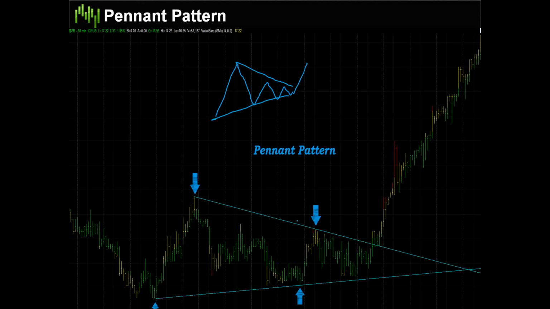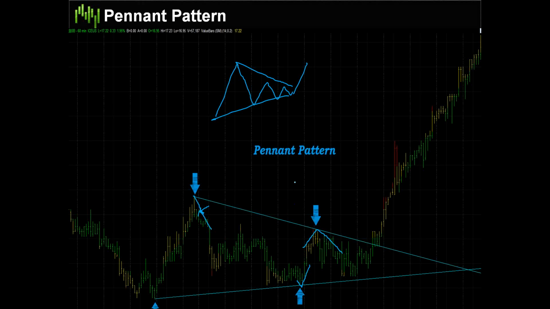Normally, when you're drawing your trend lines for these pennant patterns, and for any trend line you're drawing really, you want to make sure you're taking the very obvious turning points in the market, so the very obvious highs and lows. You don't want to draw a trend line on an obscure point, so you wouldn't want to go from this high to that high and across, because this high does not really count as a very good point to attach a trend line to. So you want to make sure you're taking the very obvious ones.